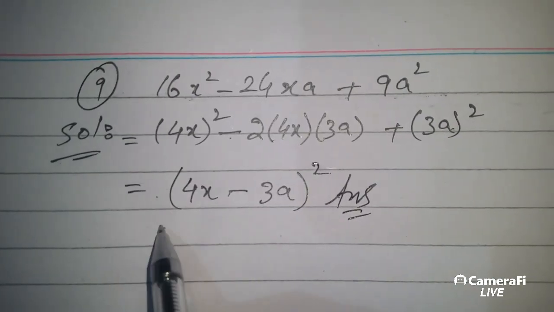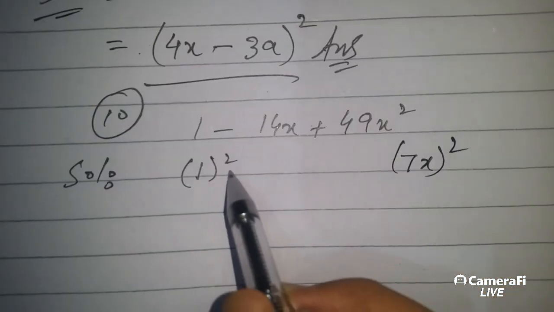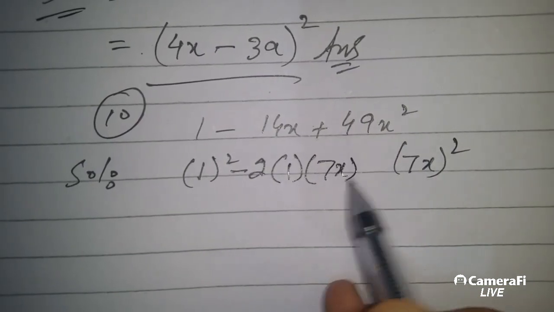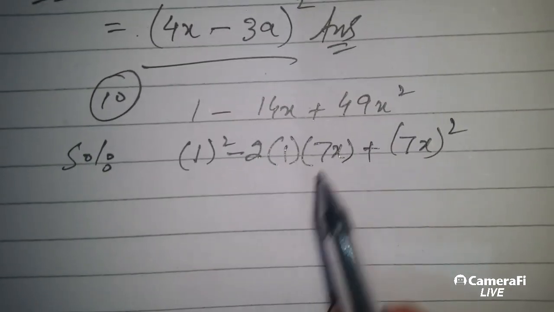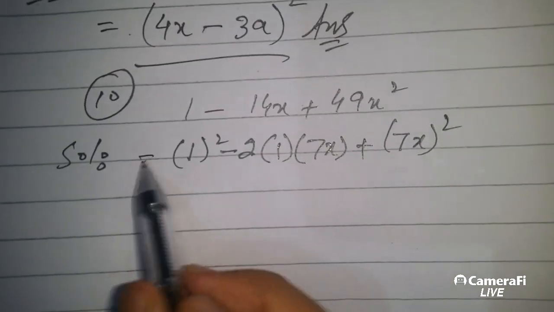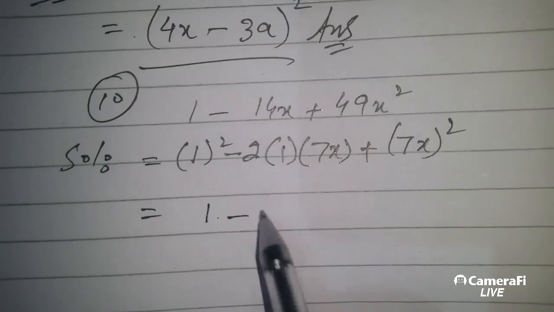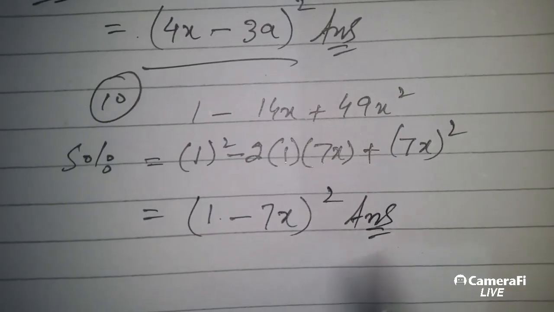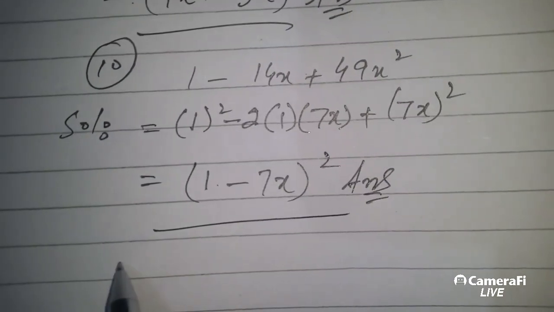आंसर हुआ जी। हम 7x का होल स्क्वायर लिख सकते हैं, -2 फार्मूले का, पहली रकम यहाँ से उठाई, दूसरी रकम यहाँ से उठाई, तो आप देख लें कि ये 7 2 14 भी बन जाता है। तो इसका मतलब है कि 1 - 7x का होल स्क्वायर जो है ये हमारा आंसर हुआ। क्वेश्चन नंबर 11,